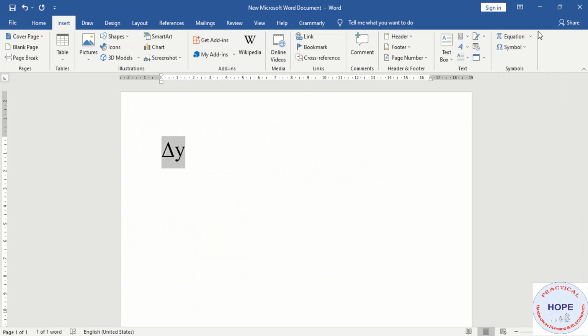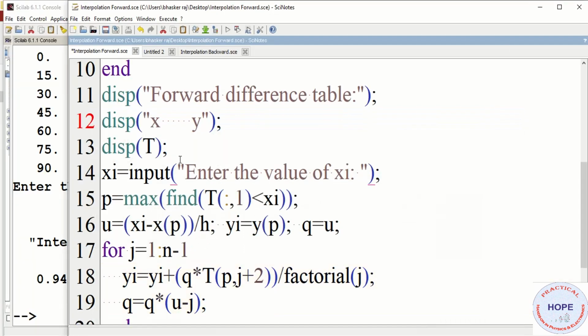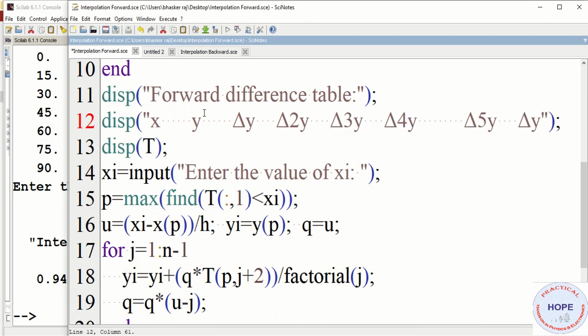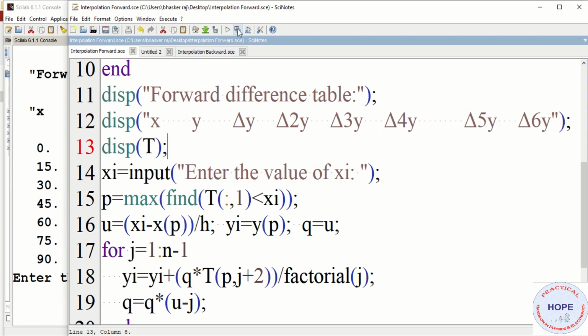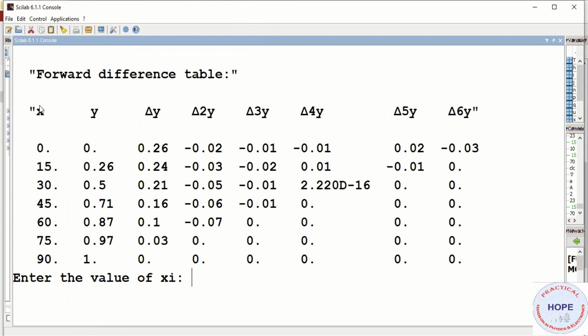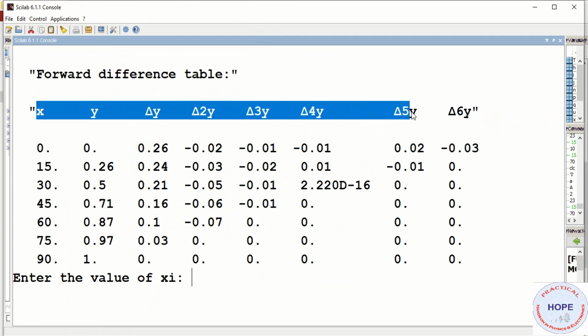You can copy this delta symbol from any other suitable software or from the internet also. Paste here. Now we can easily write delta 2y, delta 3y like this. Now execute the program. You can see we are getting the forward difference table with proper headings.